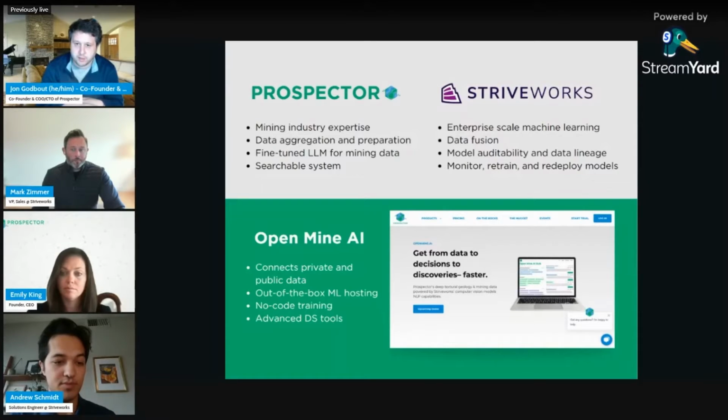Striveworks complements us in this way, where we have the enterprise scale machine learning platform to add to our repertoire with OpenMine.AI, and then have the data fusion and model auditability and data lineage and monitor and train and redeploy models. And at the end of the day, we're creating a platform here where it connects private and public data out of the box, ML hosting, no code training, and advanced data science tools.